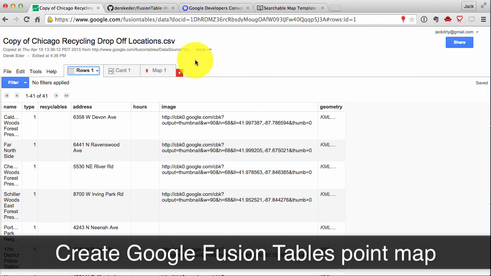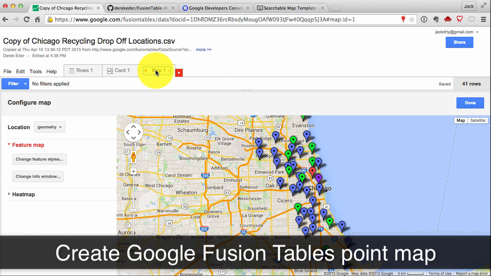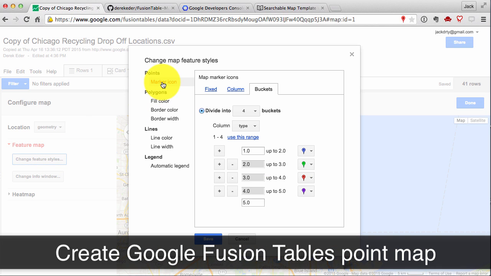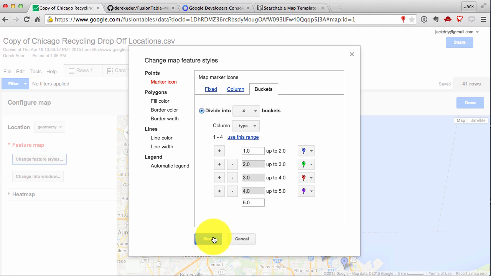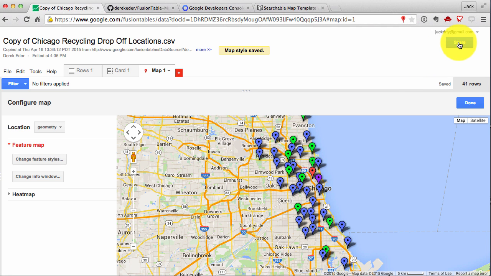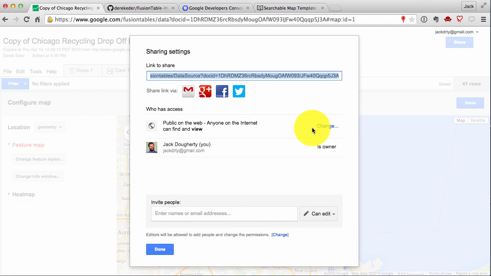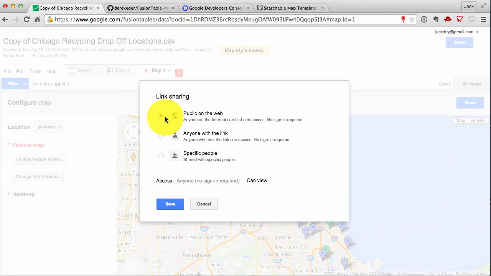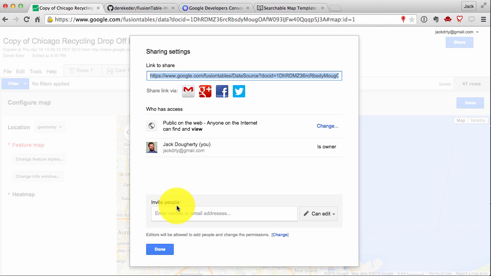First step, create a point map in Google Fusion tables. Now, this video assumes that users know how to do this introductory step of creating your points and illustrating those on your map, and also sharing that so that it's public on the web. If you aren't sure how to do that, go check out the tutorial in